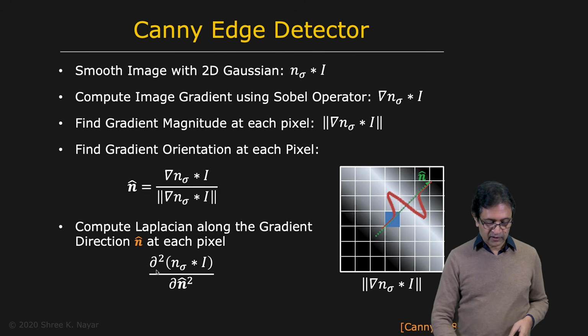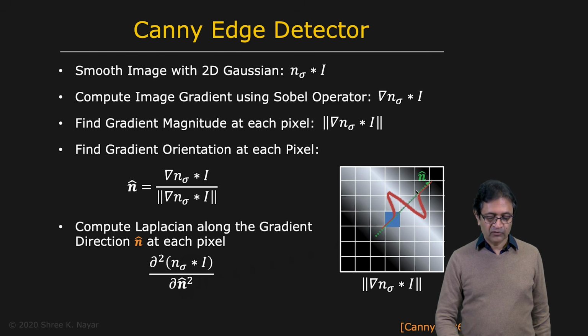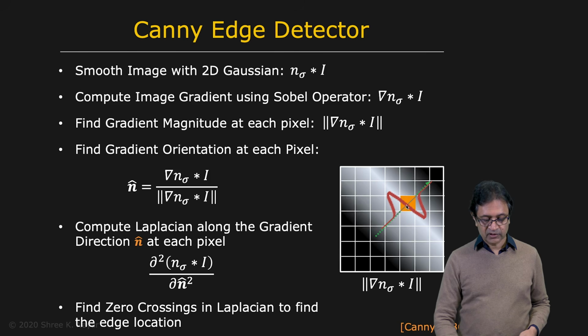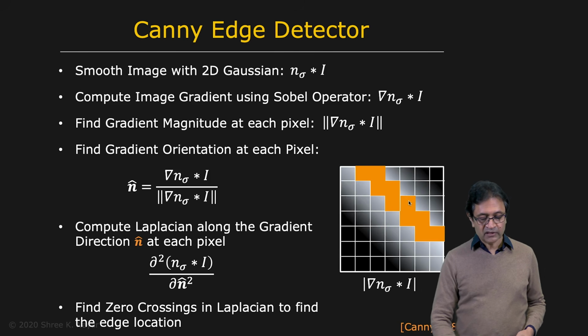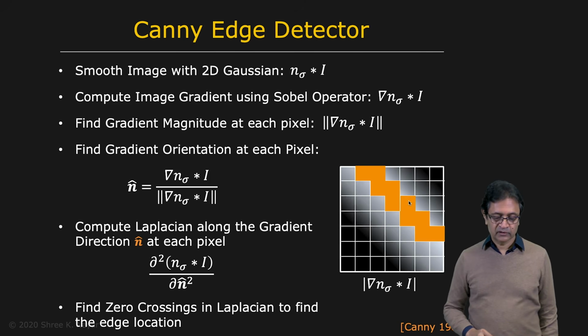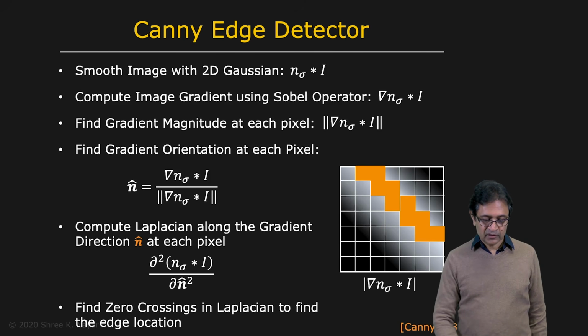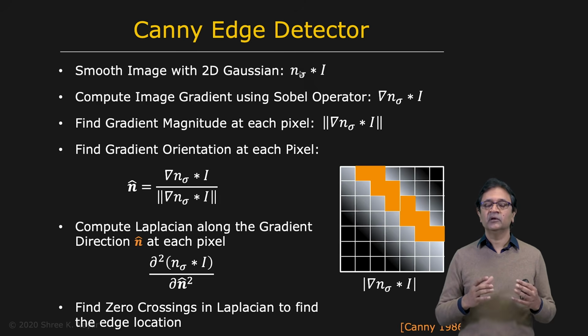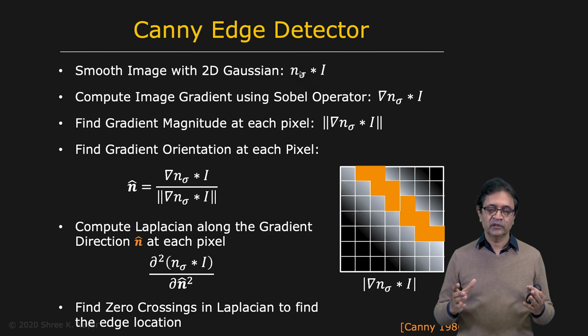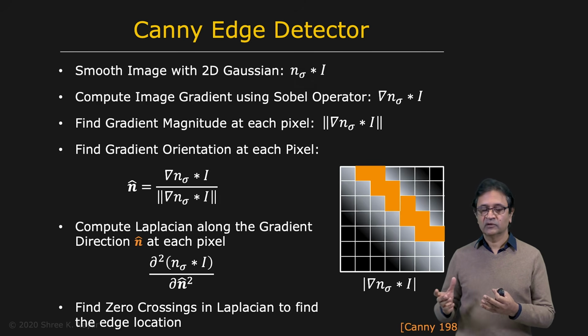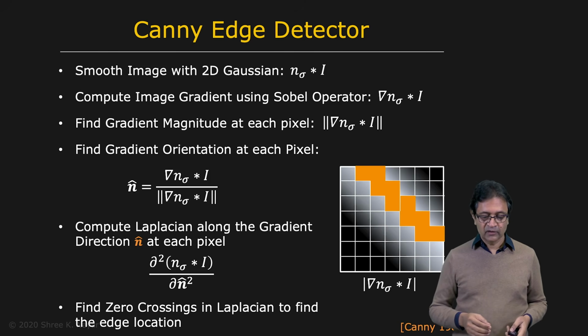And that's what you see here. It's a second derivative of the smooth image with respect to the direction n. And if you get a strong zero crossing there, then you declare that to be an edge, such as this one right here. So that's how you end up finding all the edges. Now, one thing that I want to highlight is the effect of this parameter sigma. You can imagine that depending on how much you smooth your image, your edge results are going to change. So let's take a look at that.